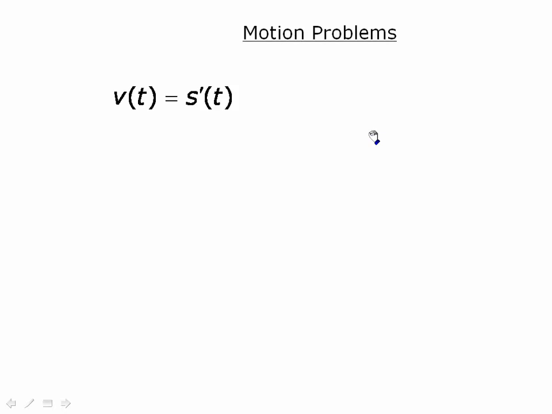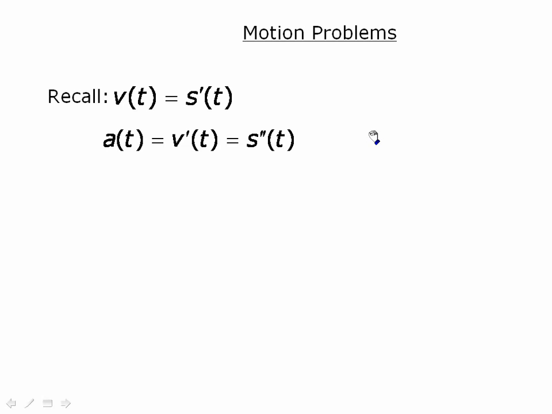So, as you know, v, the velocity function, is the derivative of the position function. And as well, the acceleration function is the derivative of the velocity function, which is the second derivative of the position function. So we know all that. But the difference now is that instead of going from the distance function and working our way up to the acceleration, we'll be going the other direction. And in fact, this makes a type of sense because